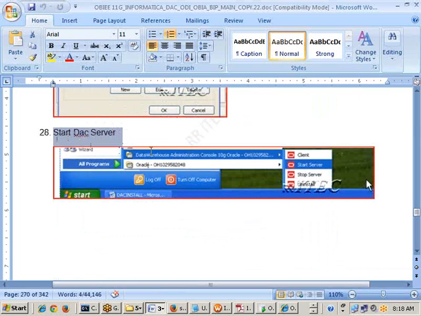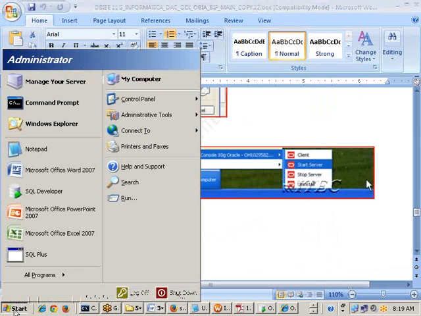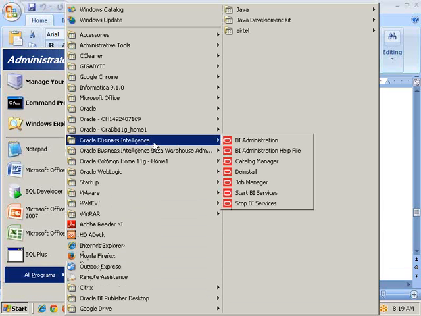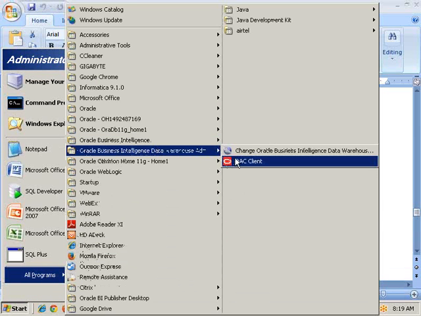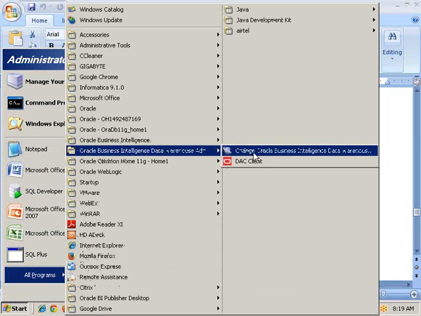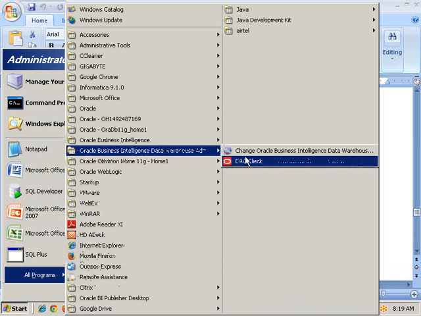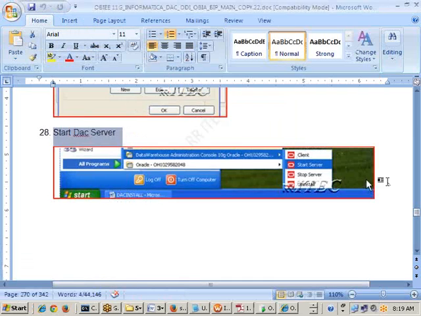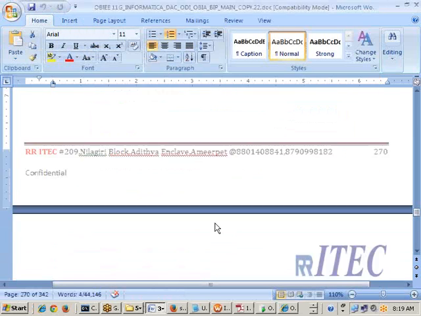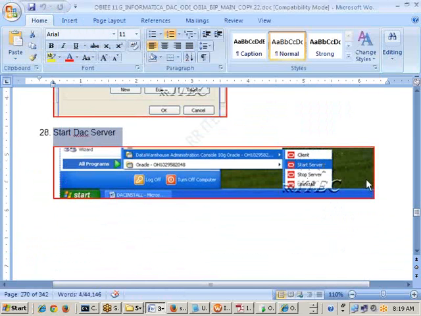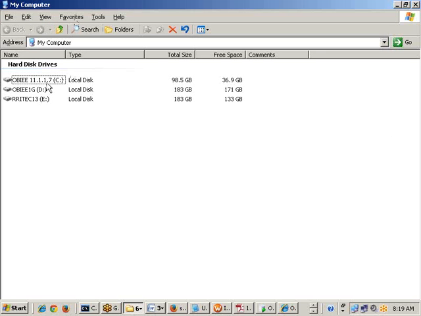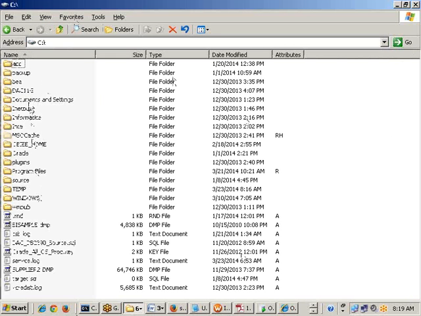Right, once everything is completed, this is the time to start the DAC server. How to start the DAC server? Very simple. Go to Start, then All Programs. In my case, I don't have the option called Start Server, because it is 11G. In case of 10G, here itself we used to have that option. In case of 11G, how to do this one is, my computer, C drive, then go for the DAC 11G, DAC,